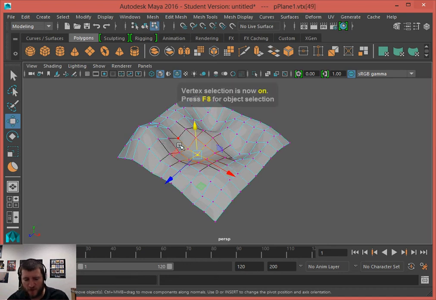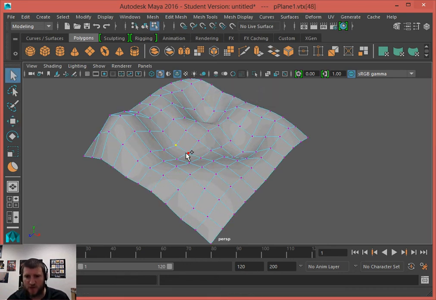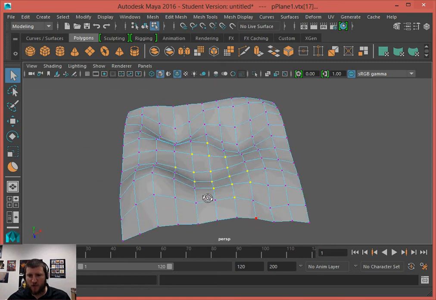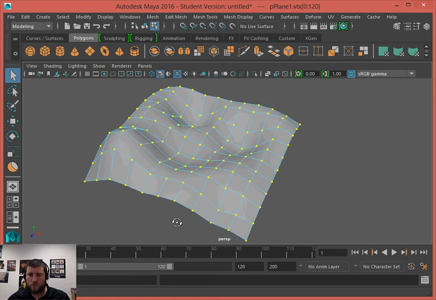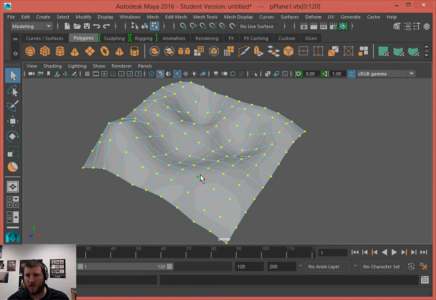We've talked about coming through and selecting individual verts, or you can select multiple verts if you hold down the shift key. And you can also deselect verts by holding the shift key. If you press the control key, so let's say I have all of these verts selected, which you can do by the marquee selection. The control key on your keyboard, you'll notice when you hit it, it just shows up a minus sign out to the right of your cursor.